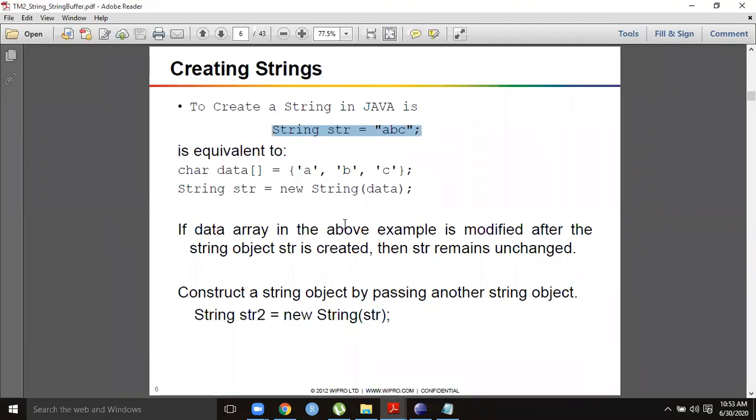Okay. So one thing one must know, a very important point about strings in Java. If you have paper and pen, note it. Strings in Java are immutable objects. Immutable means you cannot change the content of the string originally. Once a string object is created, you cannot modify the content of the string object.